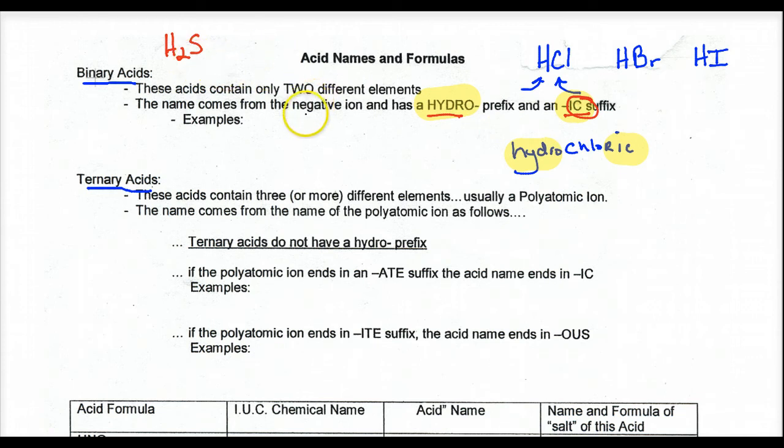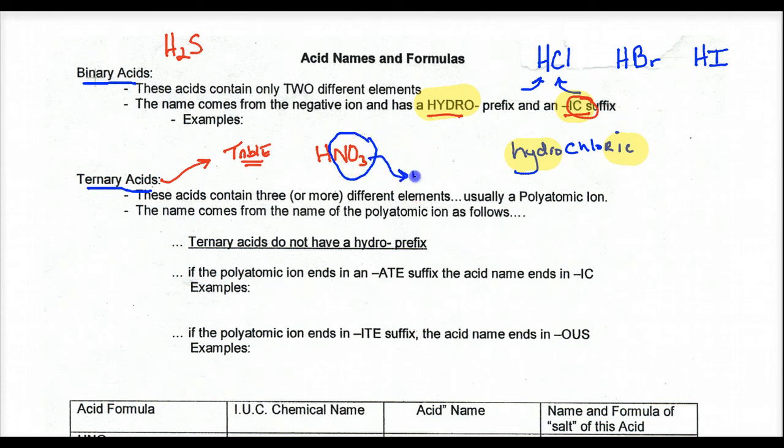All right, pretty simple. And let's go through ternary acids. Now, ternary acids, like ternary salts, have the Table E type of polyatomic ions involved. For instance, if I've got NO3 minus 1, and of course if I've got an H in front, that means H is a plus, it's a proton. So how do I name these? Well, these are a little more complicated, but we take the name of the polyatomic ion, that grouping of nonmetals that are sharing electrons but needing to gain electrons to make it stable,